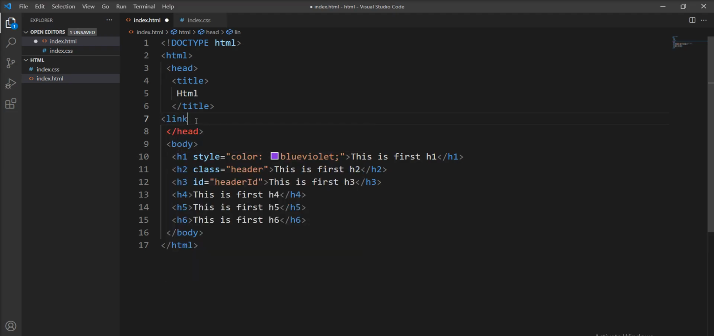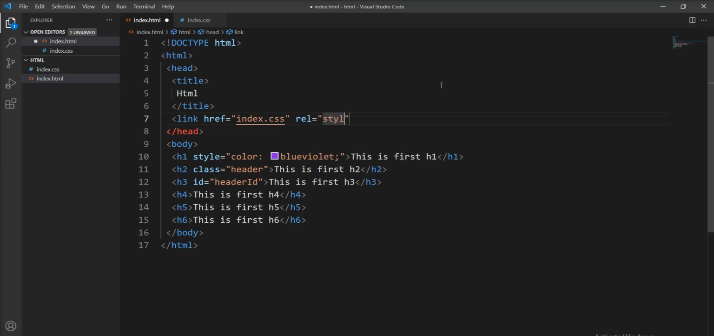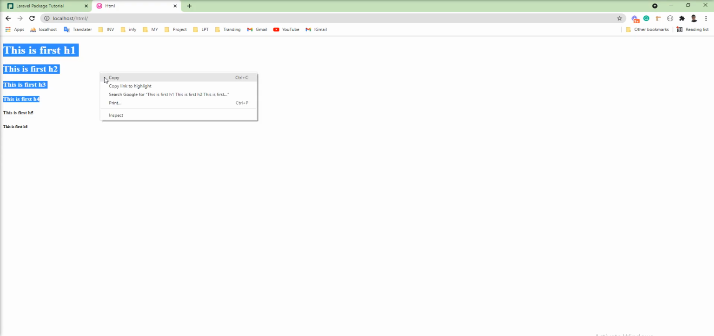CSS using the link tag, specify src, now let me specify rel stylesheet, and let me refresh. Let's refresh this page and you can see here still all the style is there. Let me view the